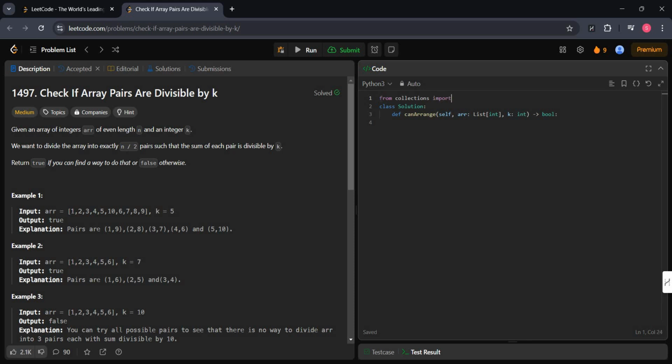I'm gonna import defaultdict. Okay, I'm gonna import the dictionary here, and now I'm gonna take a variable called reminder_count, and I'm gonna initialize it with the dictionary. Okay, defaultdict, and it only consists of integers. Right. Okay. So creating the reminder frequency dictionary is successfully done, and now we're going to calculate the reminder for